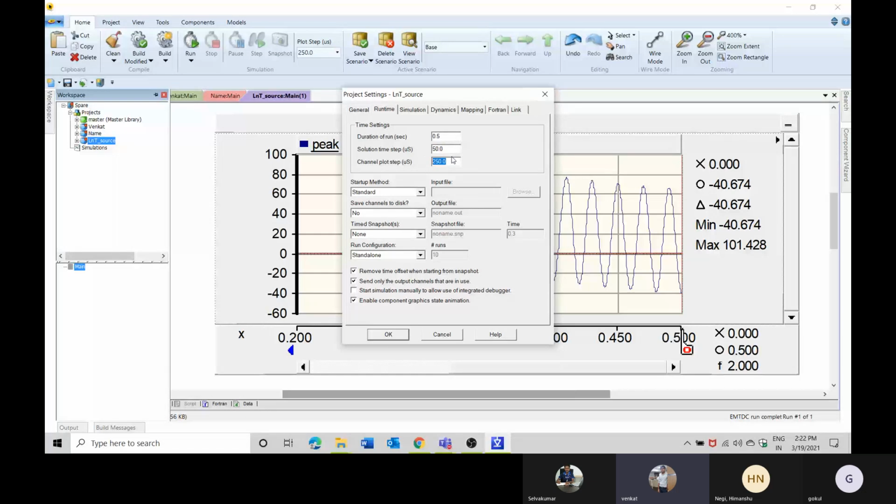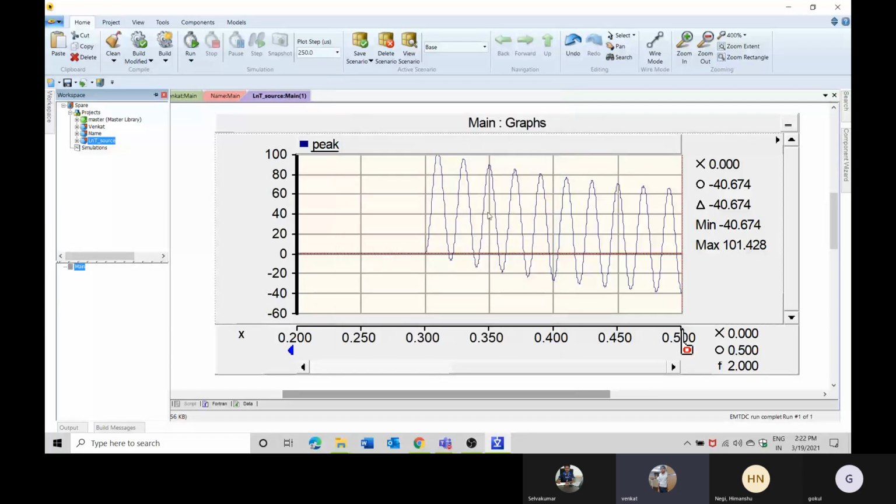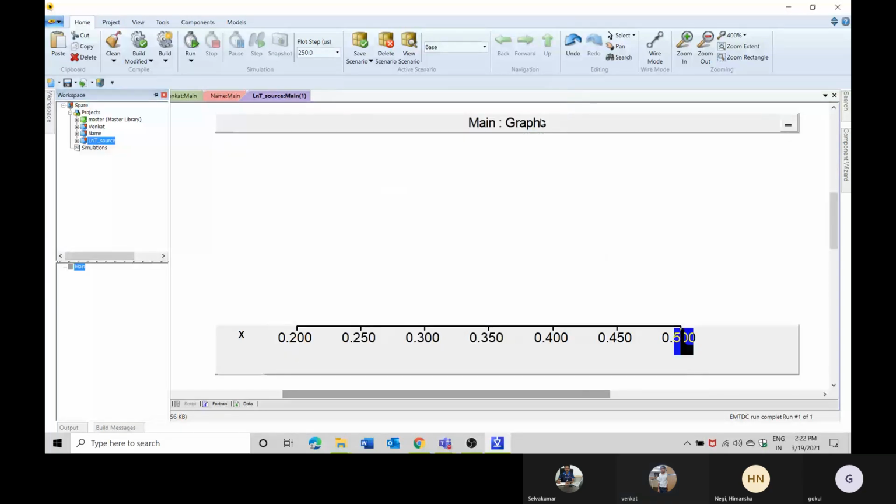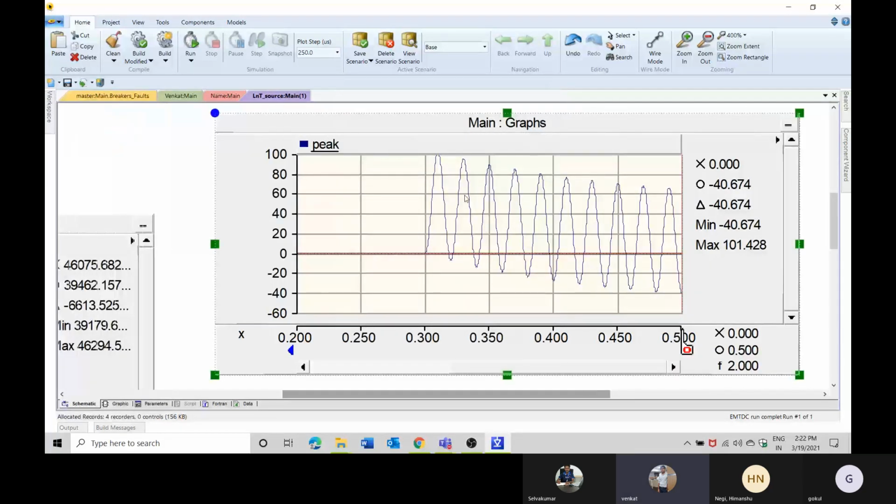What it does is plot only the data which are available at every 250th microsecond. Those are the data which will be plotted in this particular area. This area will plot only the information which is available at each 250 microseconds.